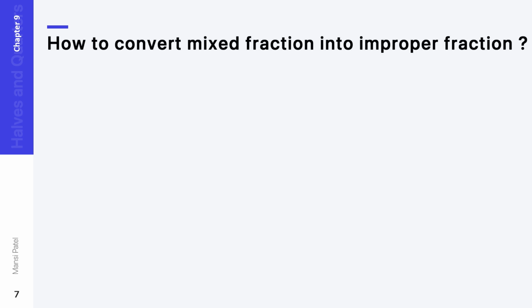Let us see the next topic. Our next topic is how to convert a mixed fraction into improper fraction. So see here, the number for the first mixed fraction is 3 integer 9 upon 4. So what you have to do first? You have to just do first the multiplication of whole number into denominator. So your whole number is 3 and your denominator is 4. So first you have to do the multiplication of 3 and 4.